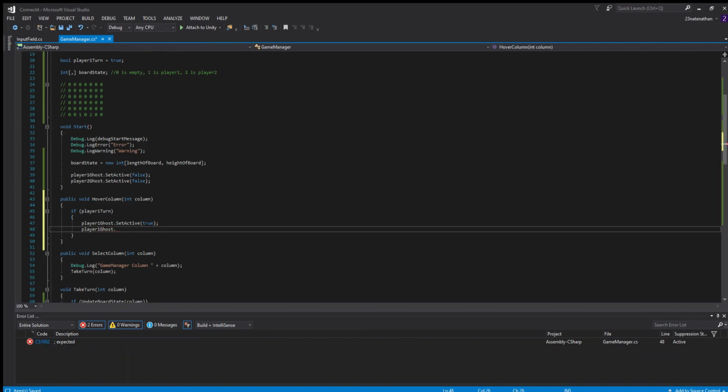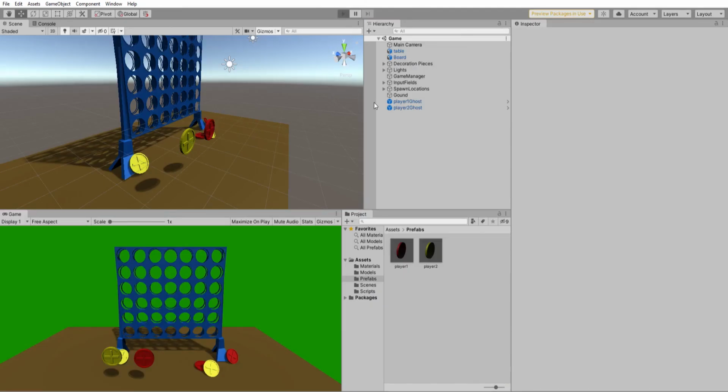So if we just change this to an else, and change this to a 2. Okay, now everything should work. So save this, go back into Unity. So if we press play now,